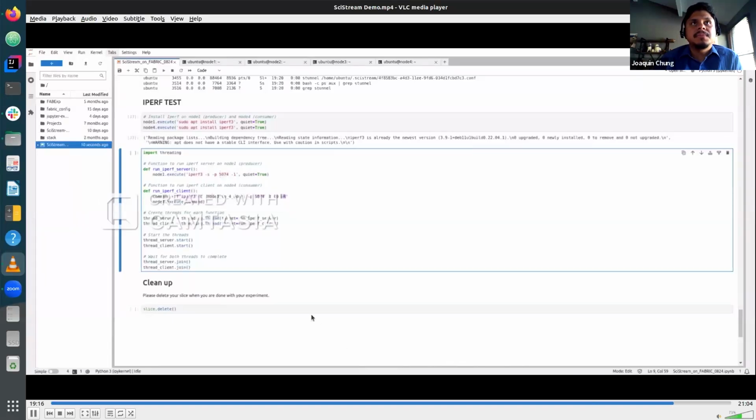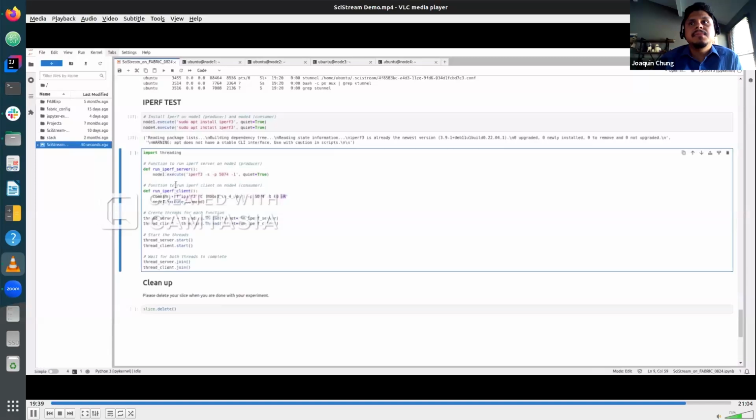And now it should succeed, even though we don't have direct communication between the producer and the consumer, because there's a proxy existing on this port. This iPerf session or test should be successful, and data should be transferred from the producer node 1 to the